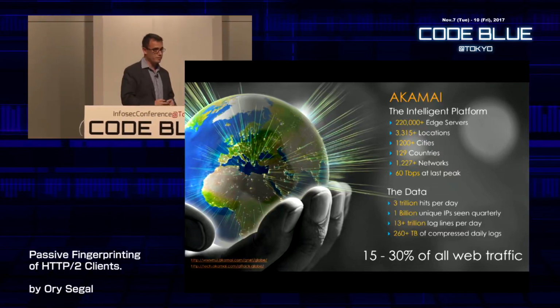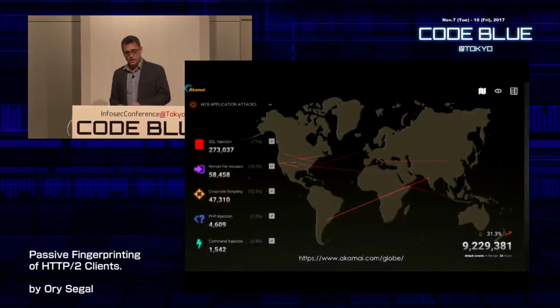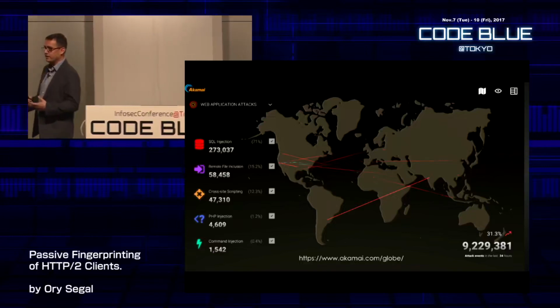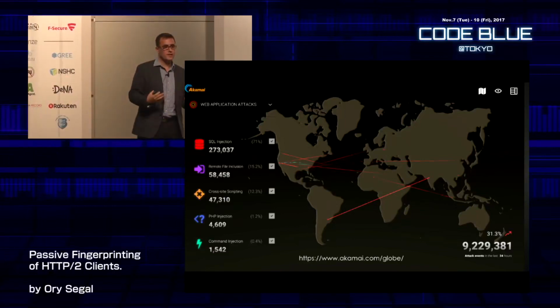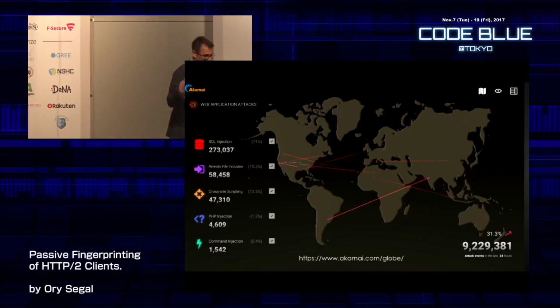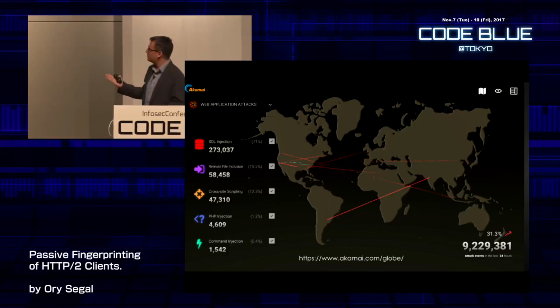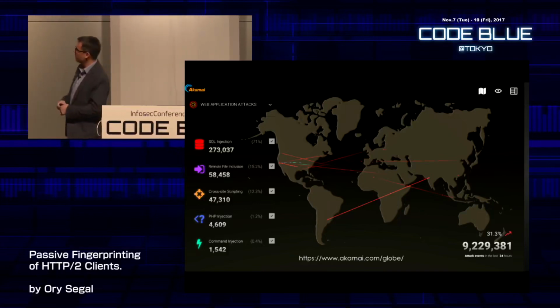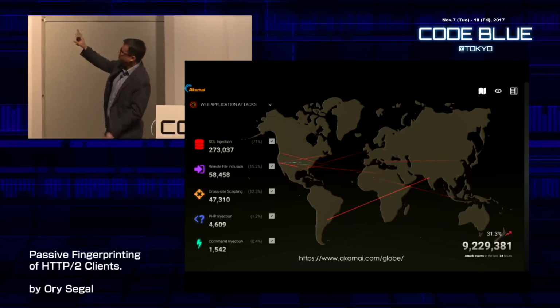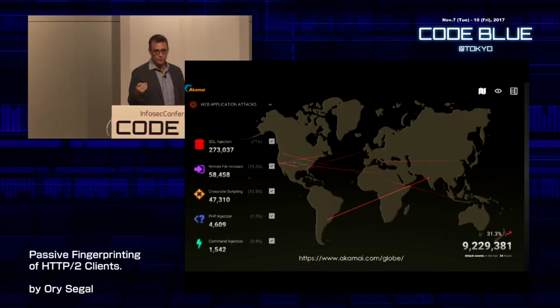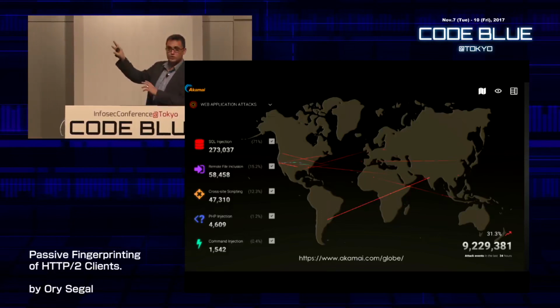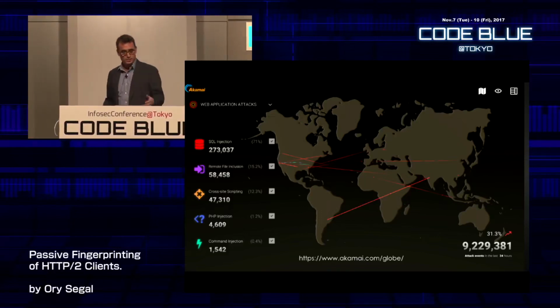So that's pretty amazing. The things we do with this data, we collect it into a platform called Cloud Security Intelligence, which feeds a lot of our products, our intelligence. We make our products smarter. This is just one example. You can go to this URL and see it has 2 views. One is a map and the other one is a spinning globe, where it shows you live attacks, web application layer attacks, of course.